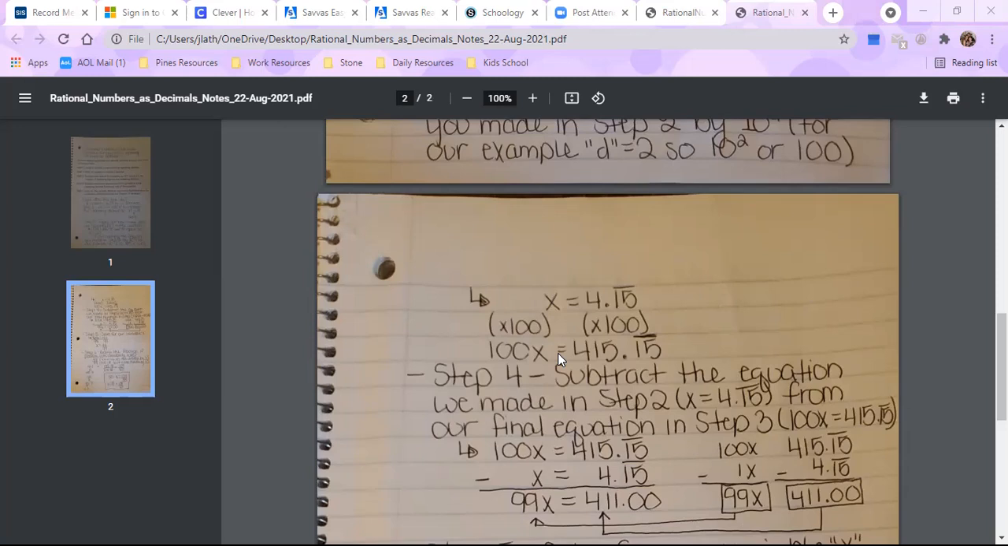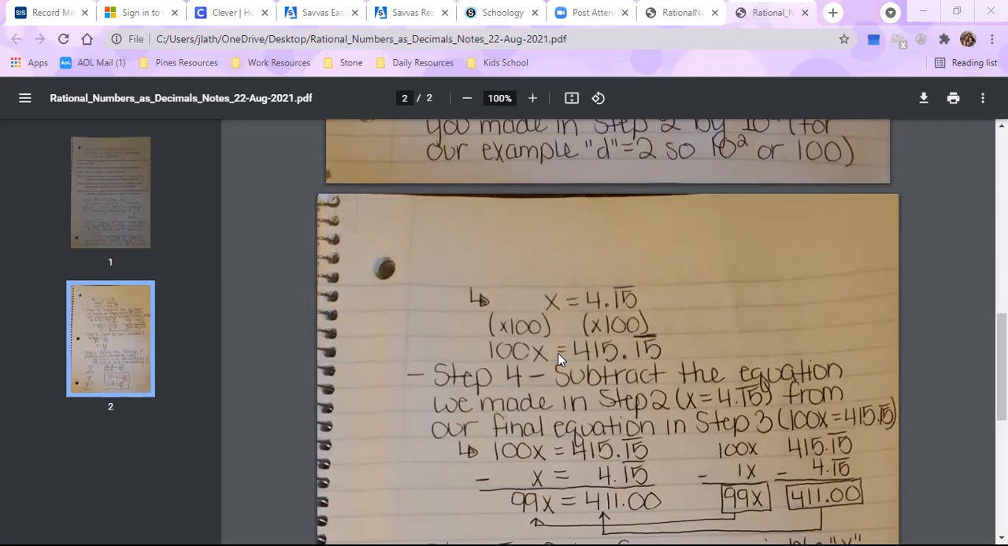If this were, let's say, 1,000, then you would have moved this decimal 1, 2, 3 places. You would have had 4,151.5 repeating. So those zeros in your multiples of 10 tell you how many places you're going to be moving that decimal point. And because they are positive numbers, we are moving the decimal place to the right. Okay. So we have our new equation. Let me clean the screen up a little bit, and then we will move on to the next step,